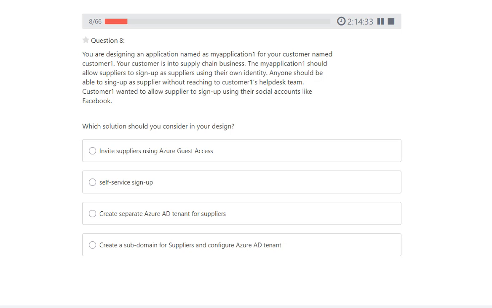Which solution do we need to consider? So guys, here Customer 1 is talking about self sign-up. He wants suppliers to be able to sign up by themselves. The answer is in the question itself, right? So the correct answer is self-service sign-up.